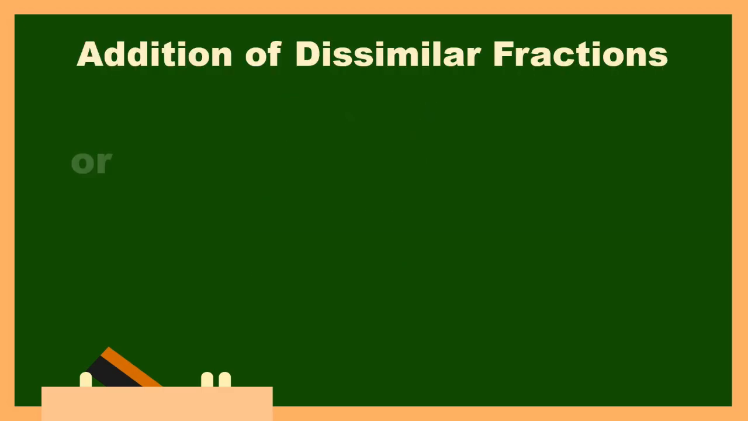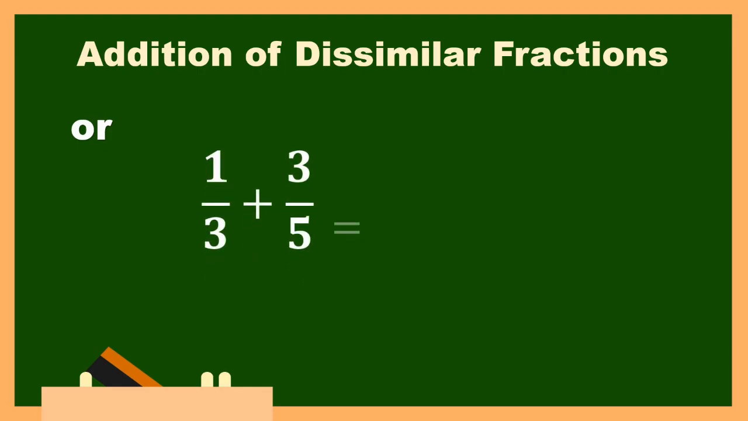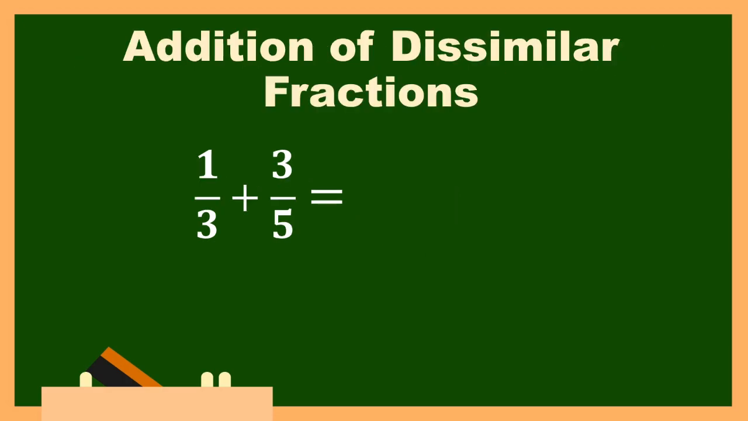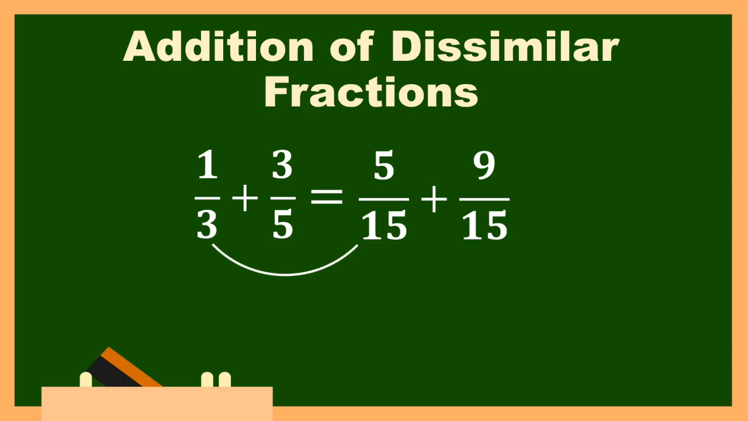Pero kung kabisado mo na ang pag-a-add ng dissimilar fractions, you can use this arrangement. So, ayan po, dyan, ginamit na natin ang kanilang LCD, which is 15. So, we can now proceed to addition of similar fractions. So, 15 divided by 3 is equal to 5. Then, i-multiply po yung result na 5 sa numerator ni 3, which is 1. So, 5 times 1 is equal to